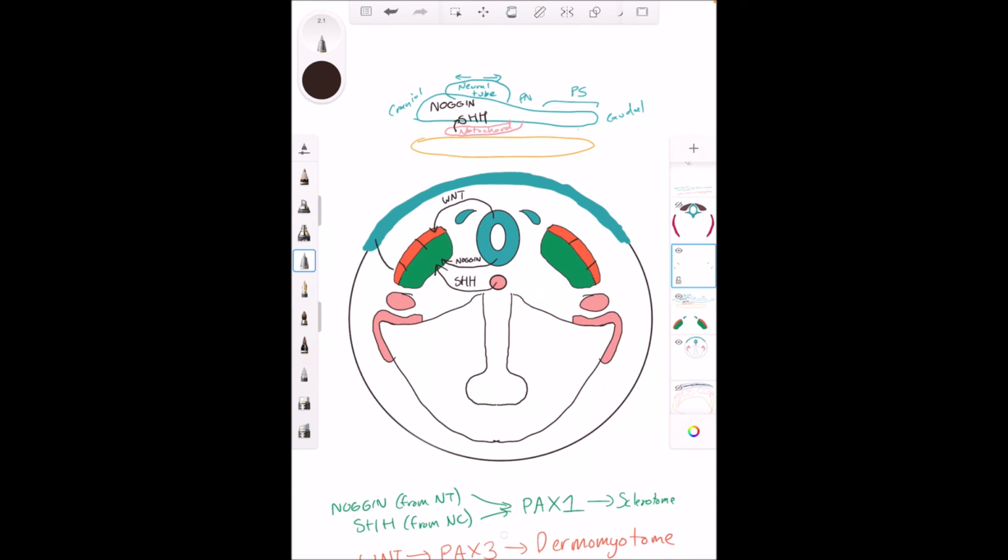It doesn't matter which one's which, but the point is that they're different. At the beginning, it's just going to cause them both to make just dermomyotome. But in combination with a BMP,